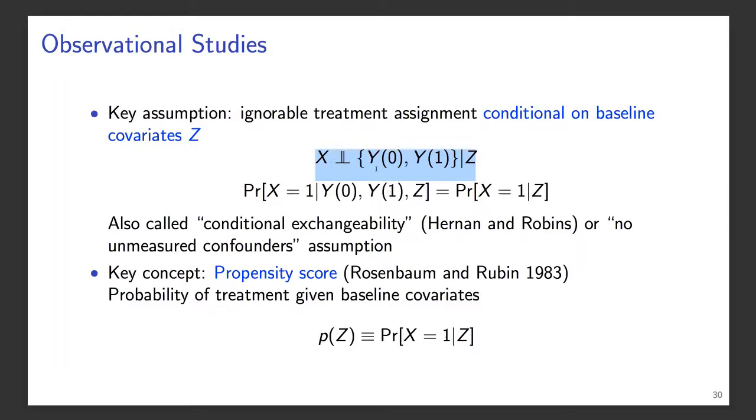So this is the workhorse. This is the main assumption people use when they do causal inference with observational data. I'm not saying that there aren't other methods out there, but this assumption is commonly made. What this means is that given covariates, the probability somebody is exposed is independent of their potential outcomes. So this conditional probability simplifies to the probability you get treatment given covariates. This quantity that I've highlighted has a special name. It is referred to as the propensity score, and it features in a lot of causal inference methods for observational studies.